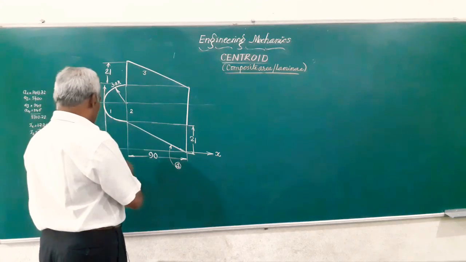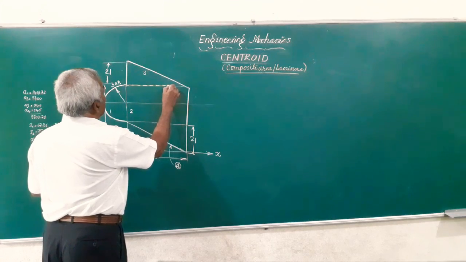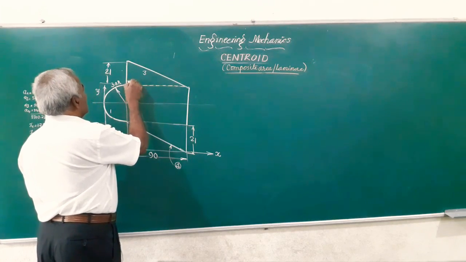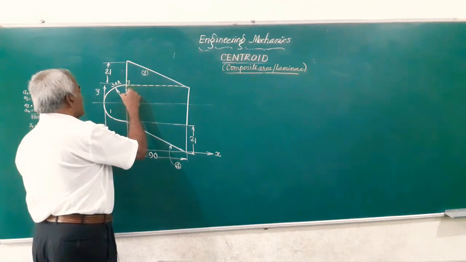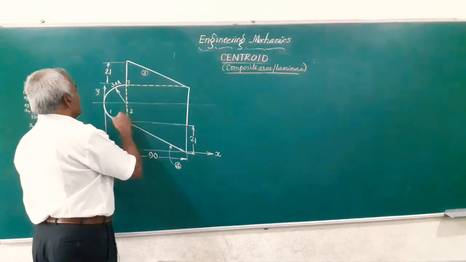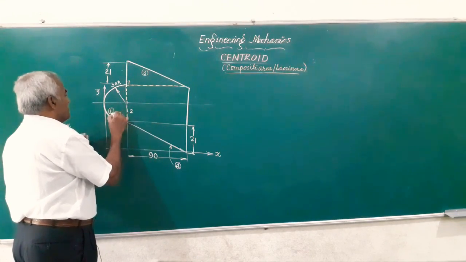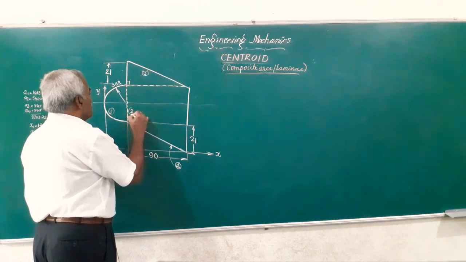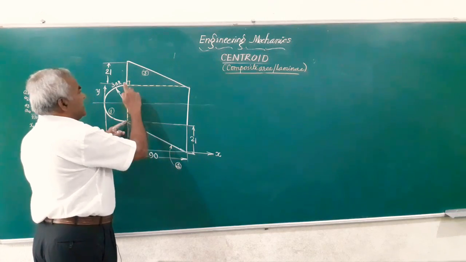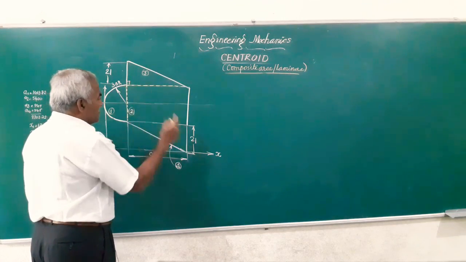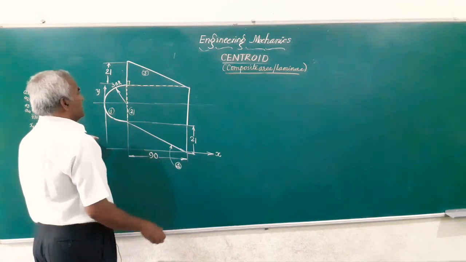That is, friends, if you draw a horizontal line through this, you get a right angle triangle that I have named as figure number 3. Then a vertical line drawn from here will give us a semicircle of radius 30 mm, which I called figure number 1. Figure number 2 is a rectangle which has dimensions 90 and the height is 60. Finally, another triangle here which has base 21 and height 90.